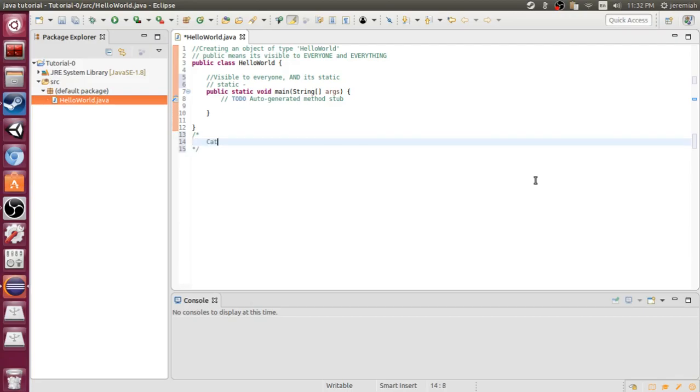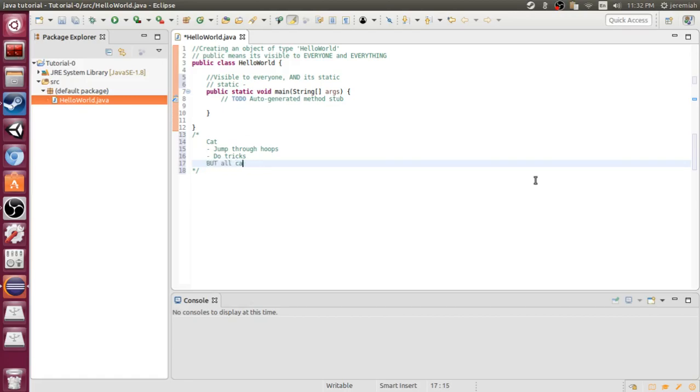So, a cat, right? Now, some cats might be able to jump through hoops. Some cats might be able to do tricks. I'm not very creative, but